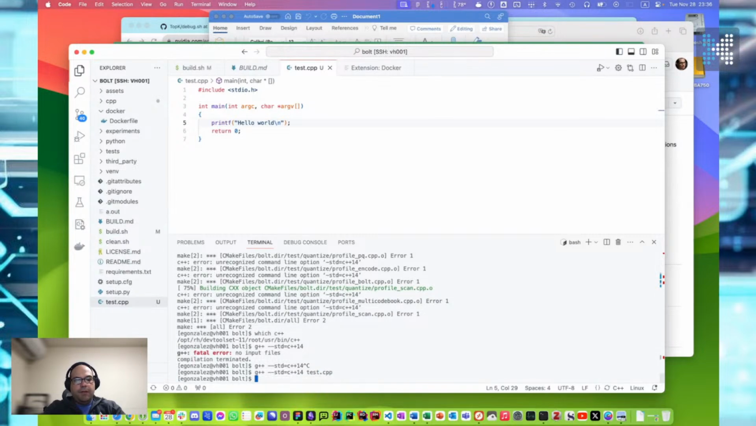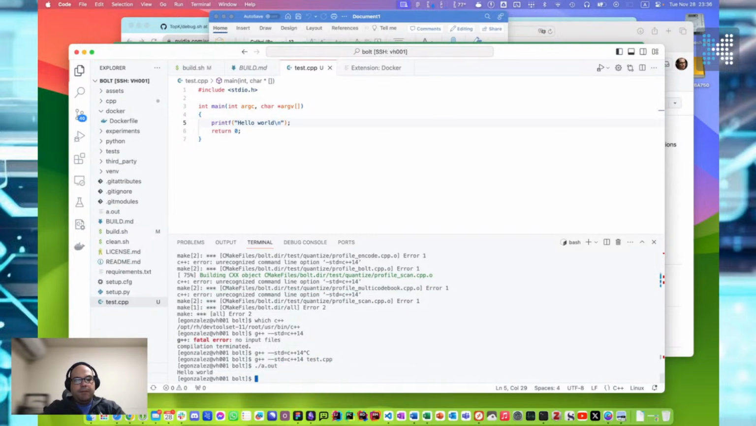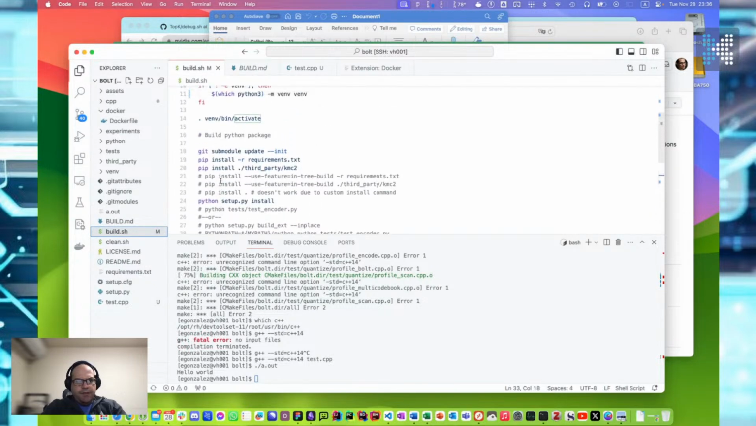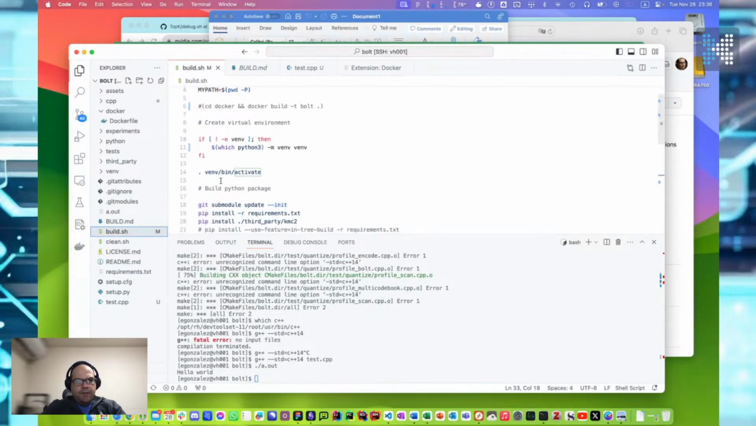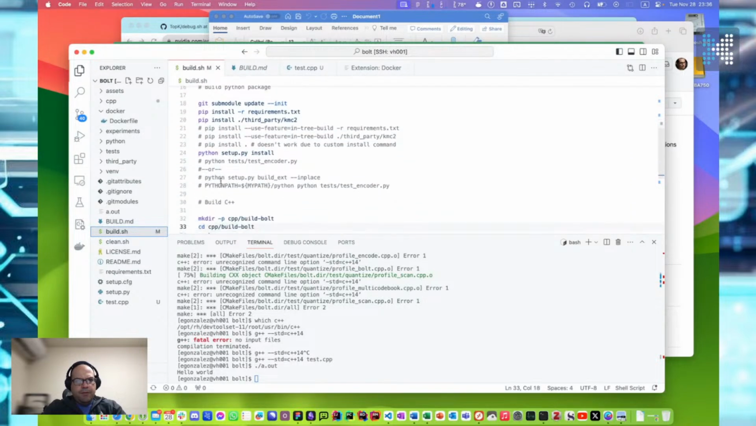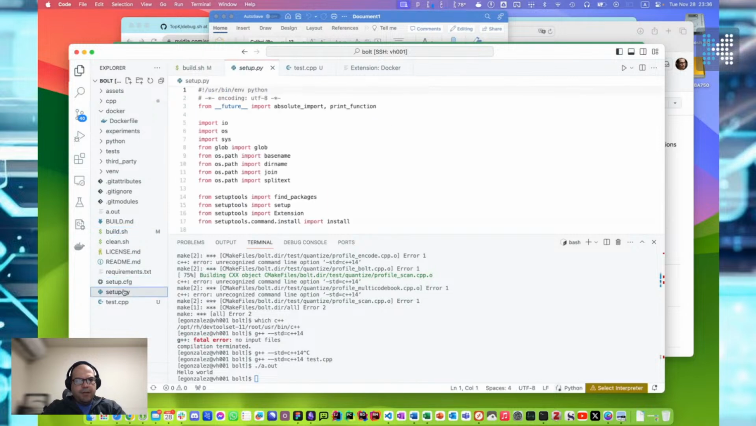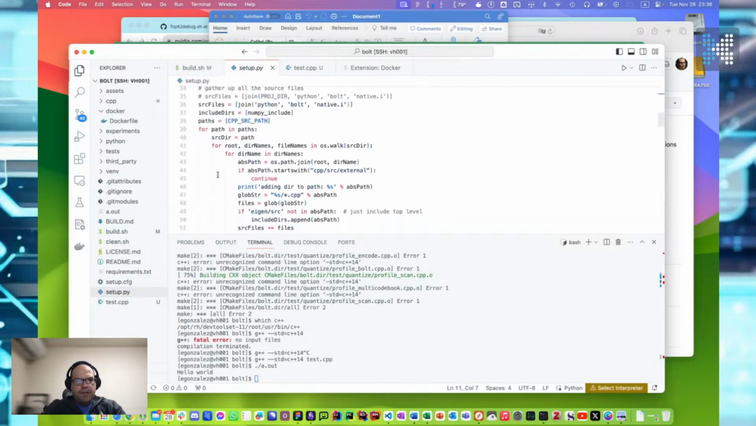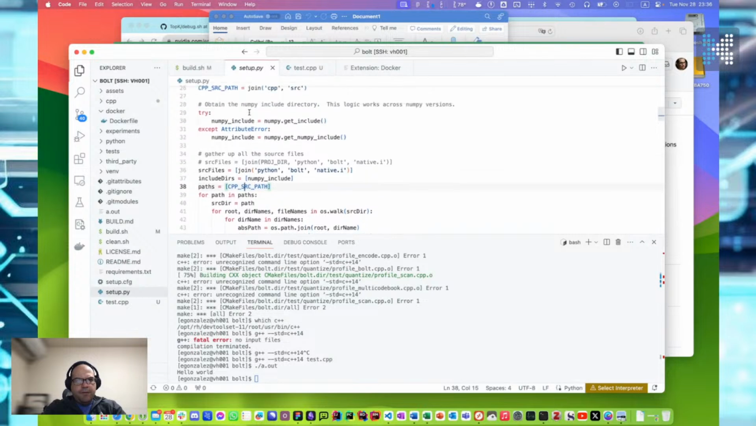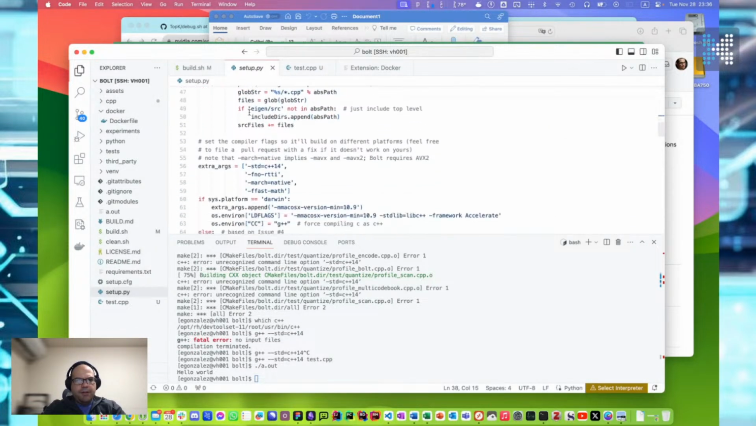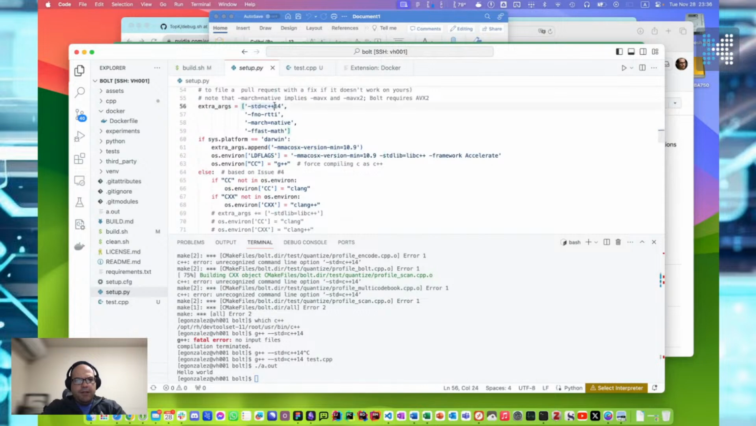Test.cpp. Data app. Okay. That's what I thought. The build.sh is using install. So set up.py, cpp source path is current directory, and